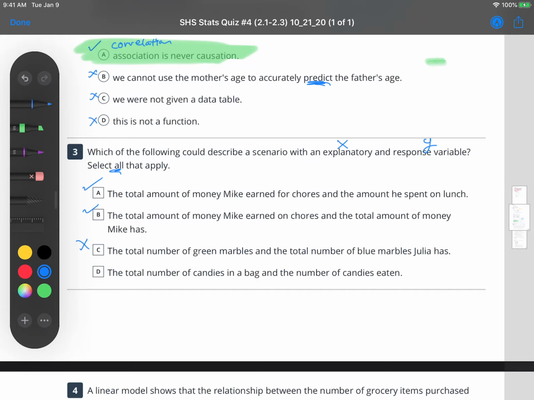D, the total number of candies in a bag and the number of candies eaten. Yes, that'd be true if you can tell how many are in the bag. So